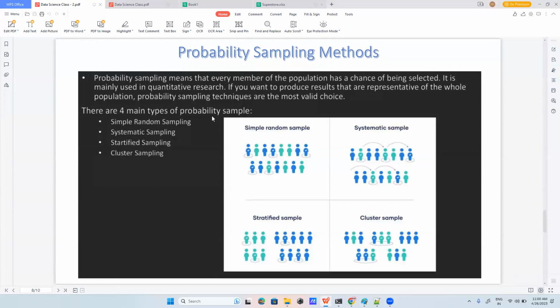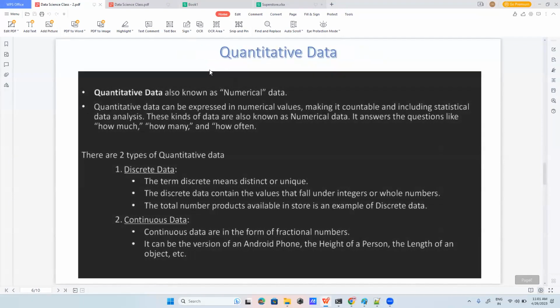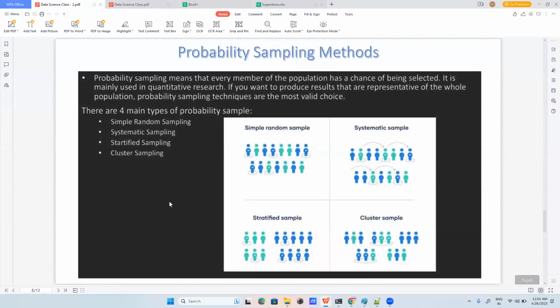That's why in the beginning of the session I said these two days might be important or unimportant for the job prospect. If you are working at the research level or studying, these concepts will definitely be helpful, because we don't use terms like quantitative, qualitative, discrete, continuous in jobs unless you are working in a research department. That's why I'm discussing these topics at a very low level.